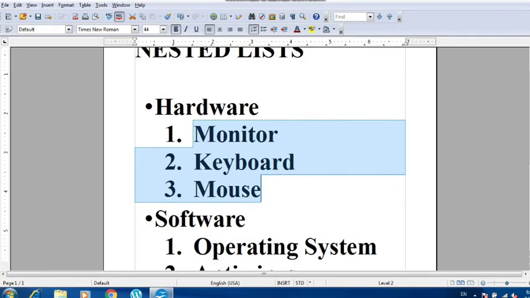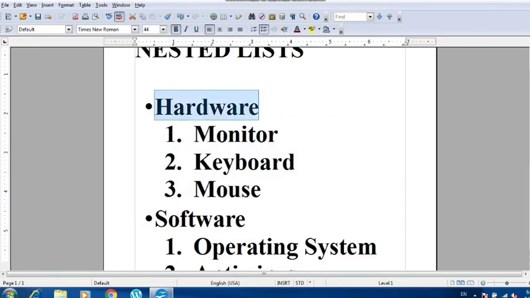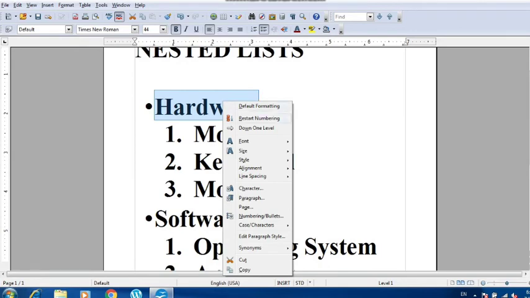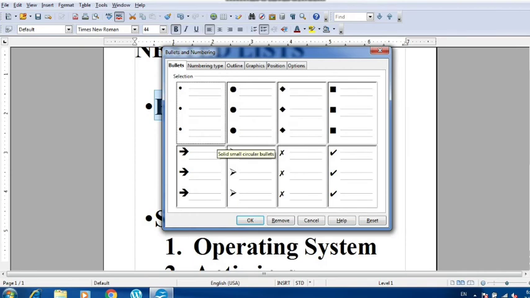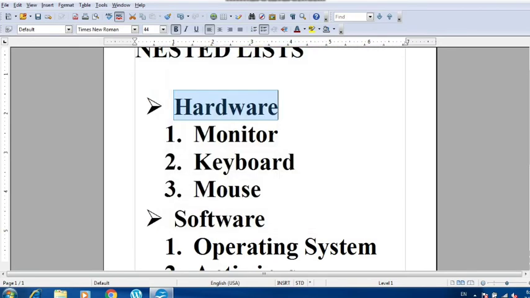Okay, now let us see how we can format these numbers and list items. If you want to change the color of it, if you want that the bullet symbol should be something different, or in 1 2 3 I want to give a Roman number here. So what you need to do, you just need to select that particular item which is represented in bullet, do a right click, go to the numbering and bullets option. You can see that there are different kinds of bullet styles given over here. Suppose I am clicking on this, I'll click OK. So you can see that automatically the bullet is changed.